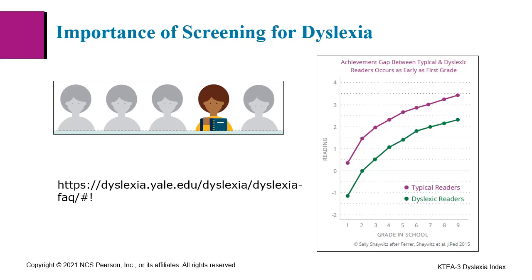Second, it is important to screen for dyslexia early because the achievement gap between typical readers and readers with dyslexia is already present as early as first grade. Even more, as you can see from the image on the right of the screen, dyslexia persists and impacts students over time. Early screening combined with high-quality, evidence-based interventions are essential for closing this achievement gap.